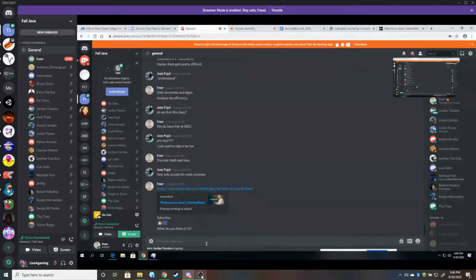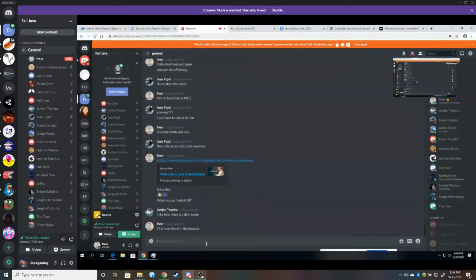Yeah, that sort of stuff will happen. Just remember F5. F5 is your friend in the browser, because then you can have the dark mode. Students like the dark mode. And you just press F5 and it refreshes. Usually that, just like turning things off and on, resolves a lot of stuff.